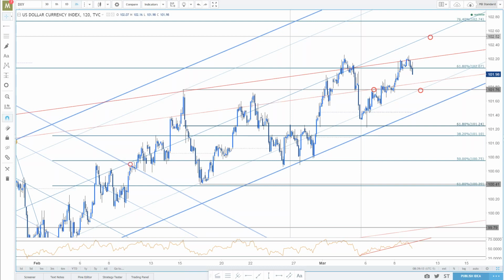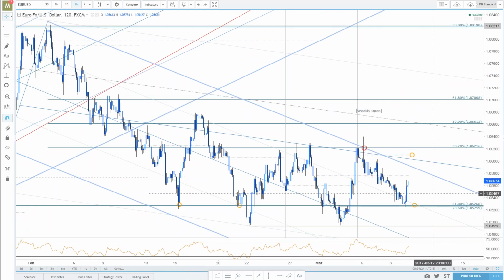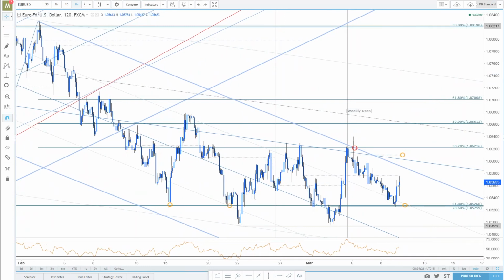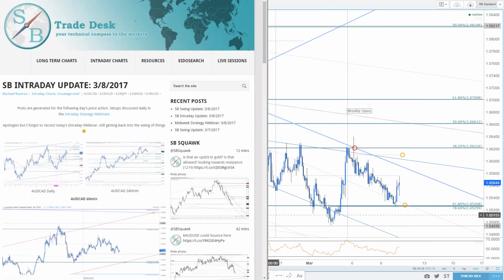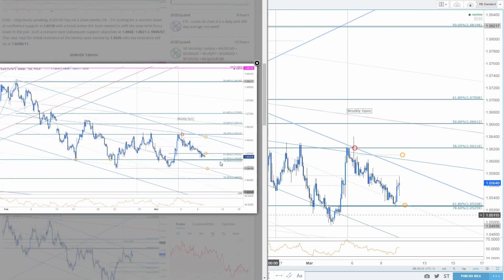Draghi says risks to the economic outlook remain tilted to the downside. Again, more easing. See the euro here. Jump right back into the euro dollar, coming off support last night at 105.26. So this is the level that we had talked about in yesterday's piece. Let's jump into the euro crosses. We'll come back to euro CAD in a little bit. Here's the update from last night. Okay, 105.26,